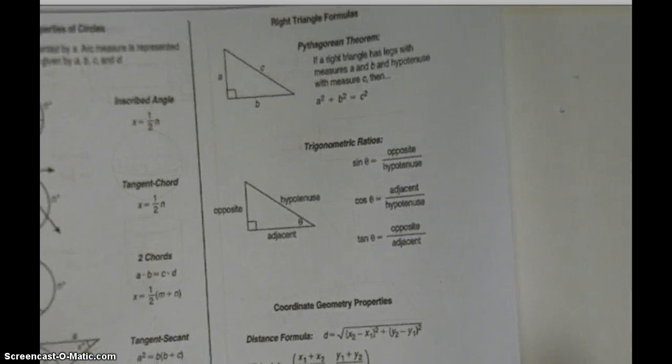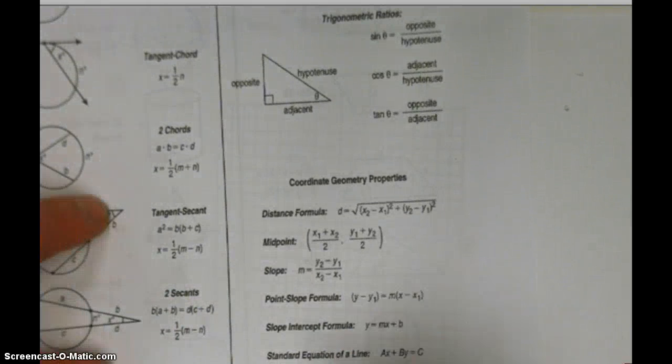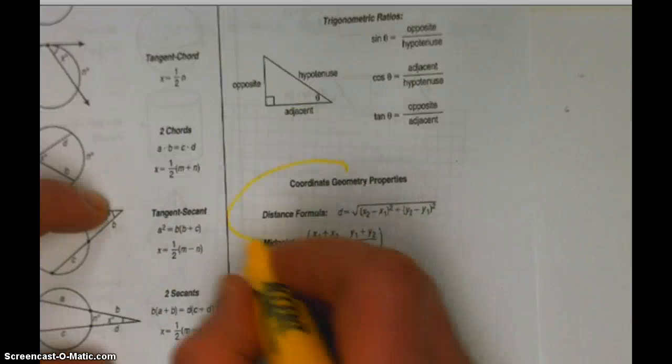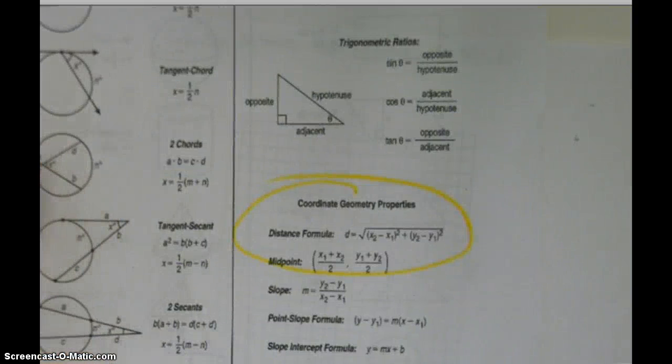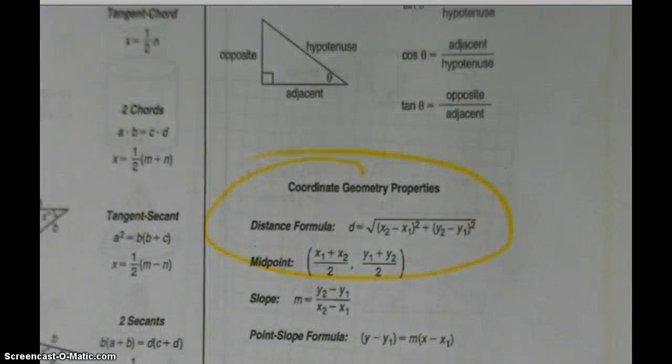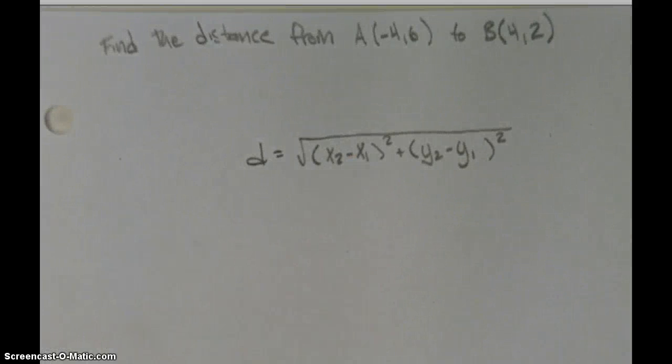So if you haven't gotten a Keystone formula sheet, you'll be getting one pretty soon. And if you look on this formula sheet, you can see the distance formula right here. So you may want to take a moment to copy that down. I'm going to zoom in for you just a bit. And if you want to pause the video for a moment, you can. So if you want to pause the video again to write down the original problem, feel free to,